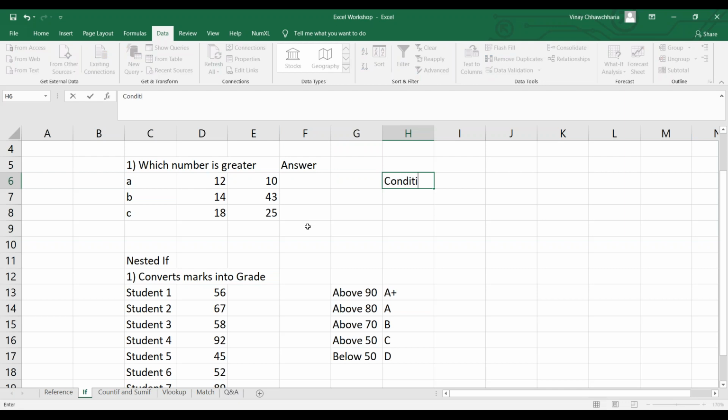The IF function is made up of three parts. Part 1 is the condition. Part 2 is, if the condition is satisfied, what is the true value? And part 3 is, if the condition is not satisfied, what is the false value? Now let's understand what I am trying to say here. Any formula in Excel starts with an equal to sign. Then IF, and once you write the formula name, you have to open the bracket. So everyone, please come till this point: equal to IF, bracket open.